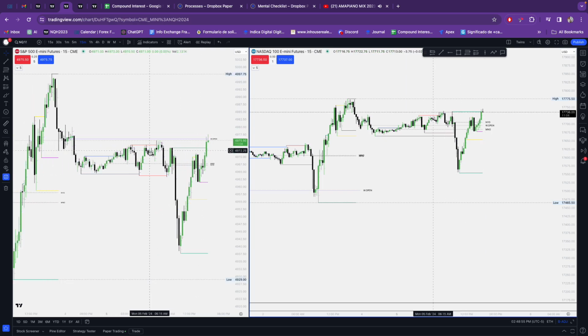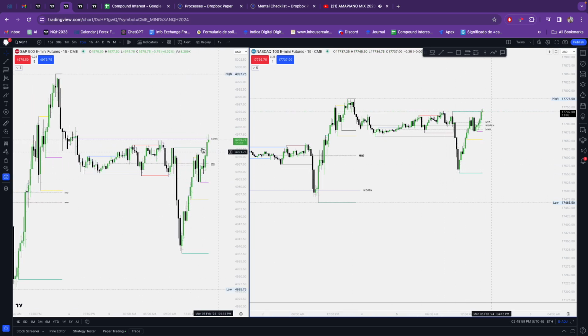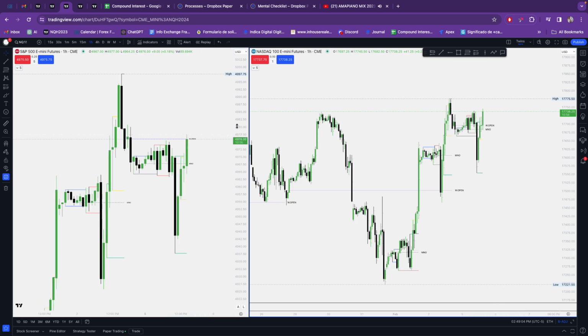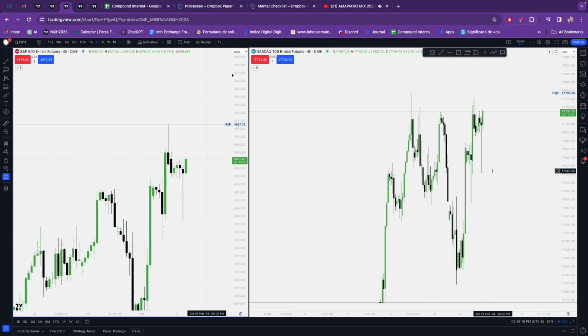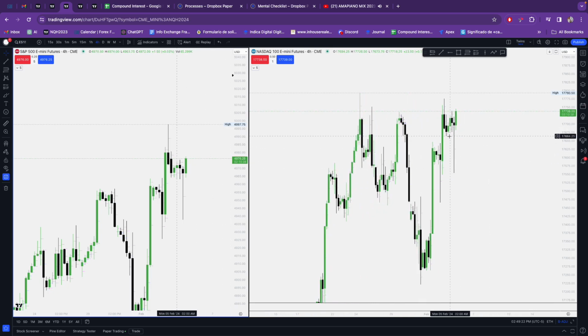We're taking out highs from the AM session. Came down. It's this fair value gap here on the hourly. Ran up. Pretty strong response from the 1 hour bullish order block right here. Run up. On the 4 hour, we have a fair value gap here. Came down in here.